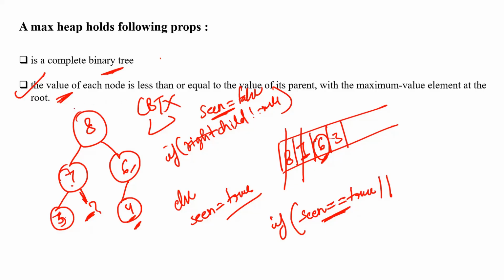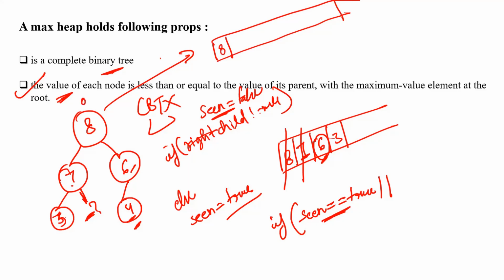Because you know that what happened if I am going to make the array for this particular heap. So how the elements are going to be stored? This will be on 0th index. Then for this particular child, how I can tell, that will be 2i plus 1. That is 2 into 0 plus 1. That is, it will be at first index. So we have 7. Then this one will be at 2i plus 2. That is at second index. So we have 6. Then for this one, if I have to tell you, so that will be 7 is at first index.